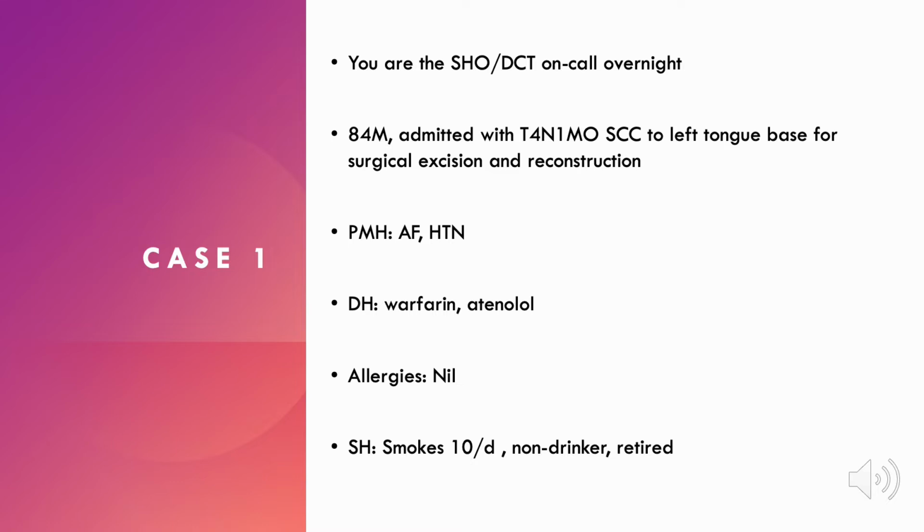So based on the history that you've got, you know that he is on warfarin for AF, so there should be a plan from the pre-assessment regarding his anticoagulation, and most likely that will probably be to withhold the warfarin the night before surgery, but this definitely needs to be checked in the notes. And then obviously you know he's hypertensive, so checking the blood pressure overnight is important. And he's a current smoker, so maybe prescribing nicotine patches or something like that will be important during the post-op